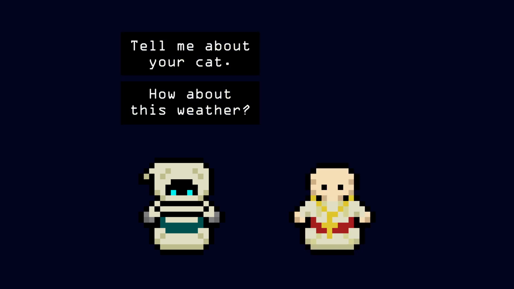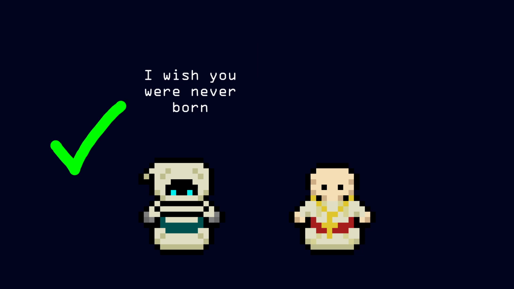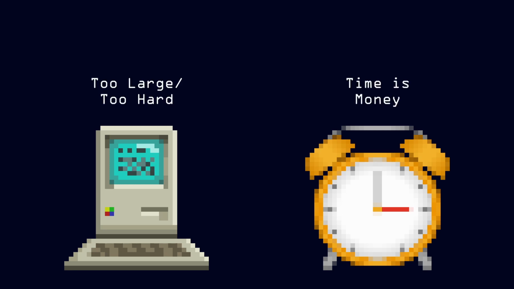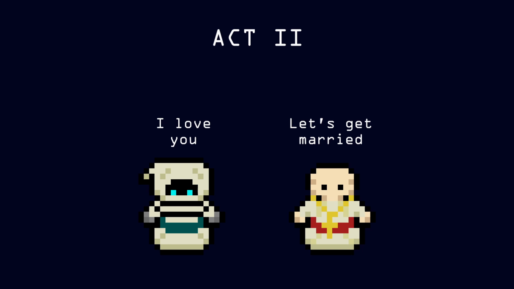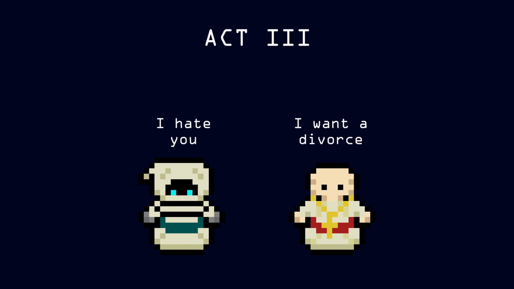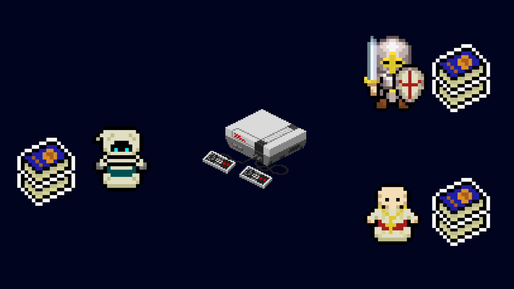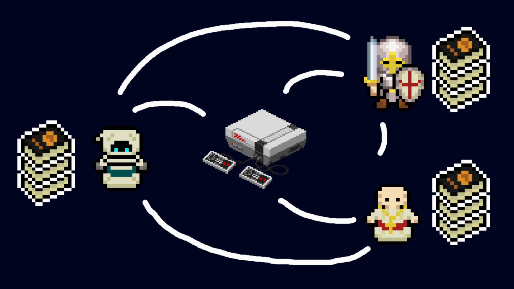I'm sure anyone who's experienced these issues has found themselves wondering at some point, what if I could speak directly to the characters in this game? Until recently, this has been out of reach due to technical limitations and time restraints. In most games, the main characters that the player talks to throughout the story will have an evolving script that progresses with the plot. But in even the most expansive games, the amount of dialogue is limited by time to write and record lines, as well as in-game implementation of these interactions.